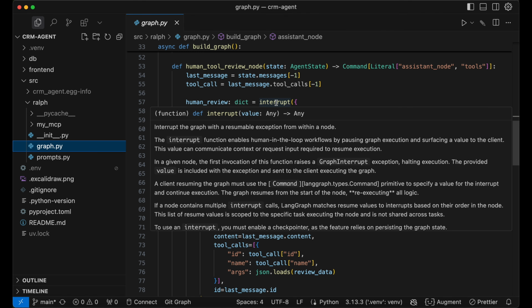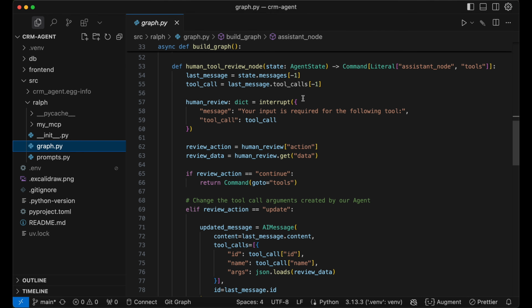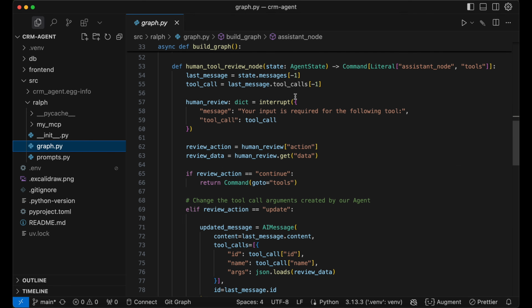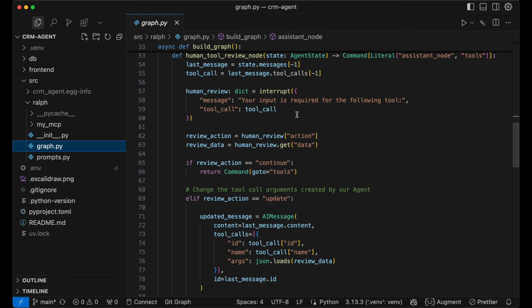And other things will be recorded in the state, like which node the graph was interrupted at and what the next node should be, as well as some additional information which we can pass in as arguments to this interrupt function. And this can be of any type. Typically, you're going to pass in a dictionary like this. It could be a string, but passing in a dictionary/JSON just makes it a lot easier to parse the